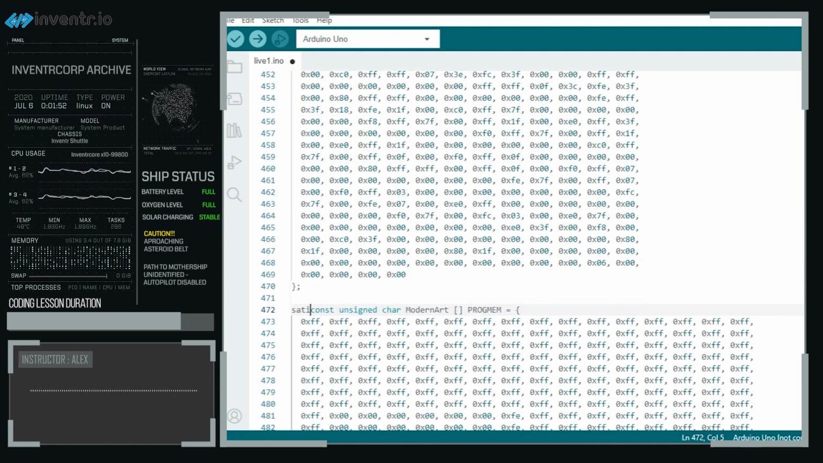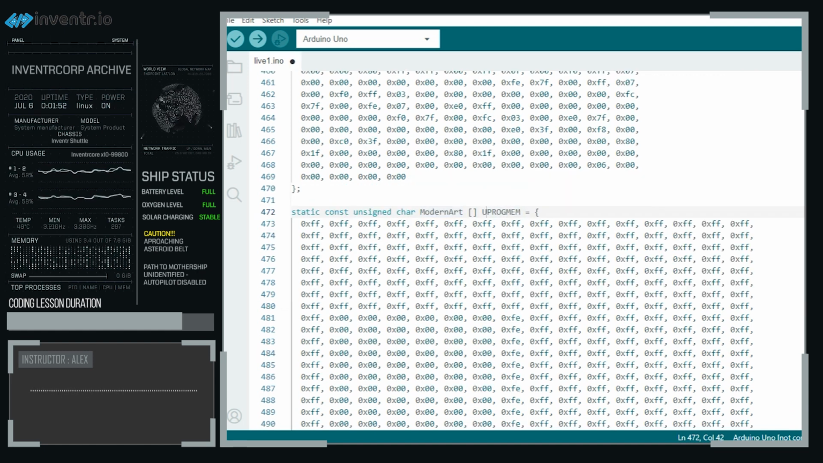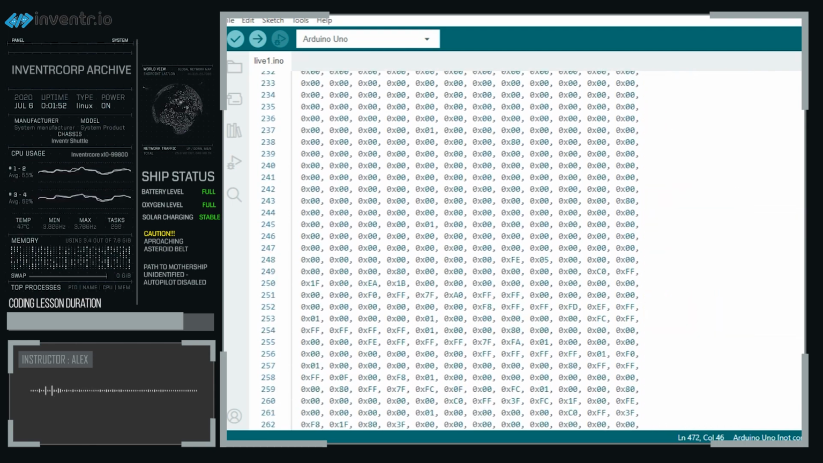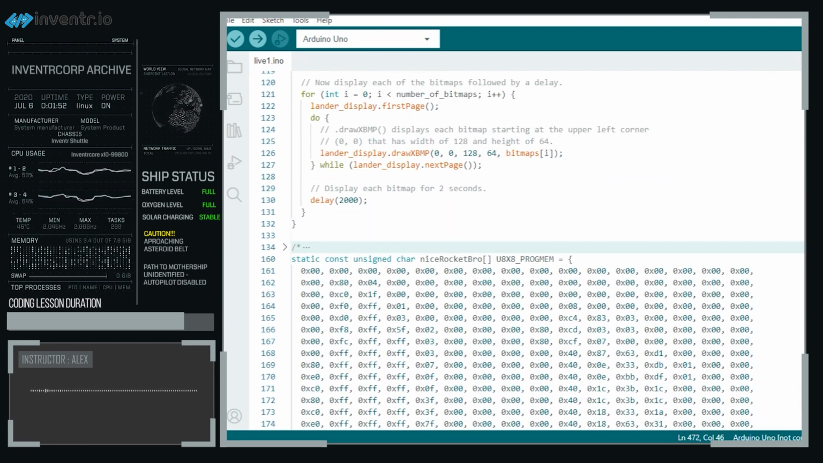And I want to make sure that it's defined properly. So static const modern art. And that's good. And then I want to go, so there's that defined down below. And now what I'm going to do is I'm going to go,